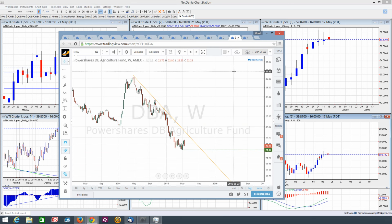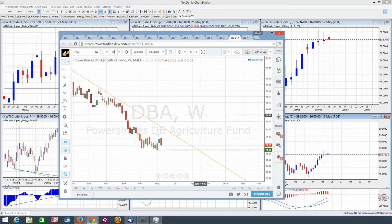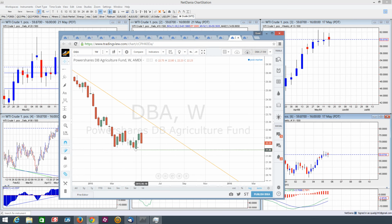There was also a question about DBA. DBA also on the weekly chart did set an outside key reversal on the weekly. We did see some follow-through to the upside, and this week we see an outside key reversal to the downside, kind of countering the follow-through of last week. And if we zoom in here a bit,